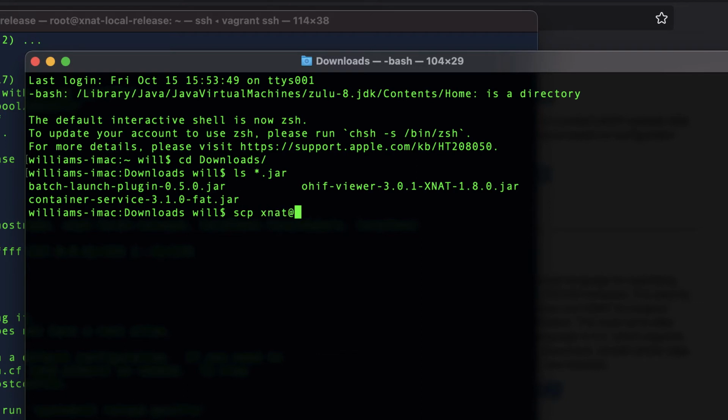Because now I want to SCP as the XNAT user into the local server. And I'm copying these files into my XNAT home plugins directory. I have to specify what files. That would be smart.